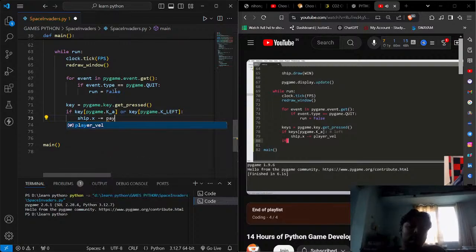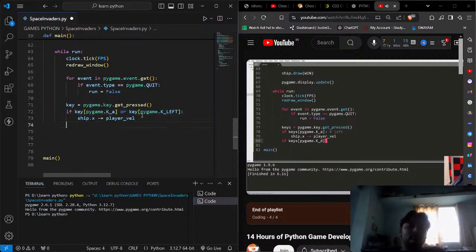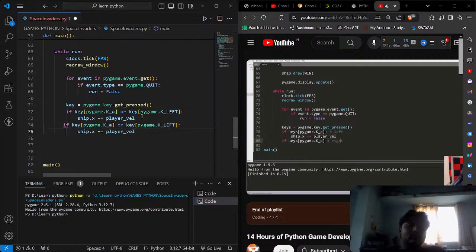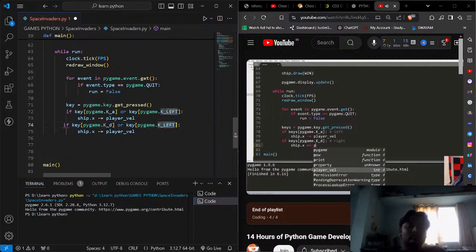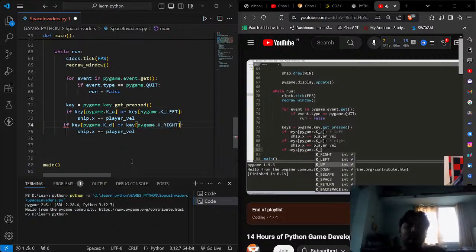And now let's do the other keys. I'll go a little bit faster here. If keys pygame.K_d. So this is to the right, like that. Make sure I don't forget that colon there. Then we'll say ship.x plus equals player_vel. Then we'll say if keys pygame.K_, and this